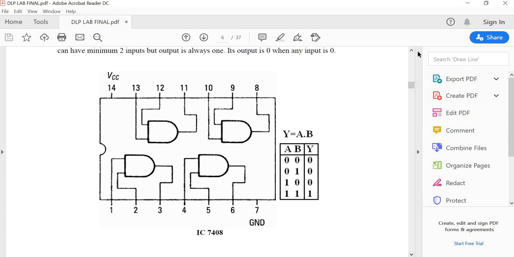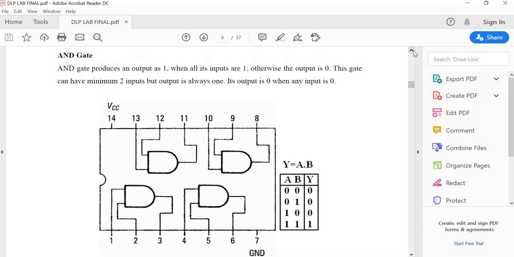The AND gate, we know very well, is a logic multiplier. That means whatever inputs you apply to this AND gate, it will produce the logical product as the output. The IC for the AND gate construction you can see here.